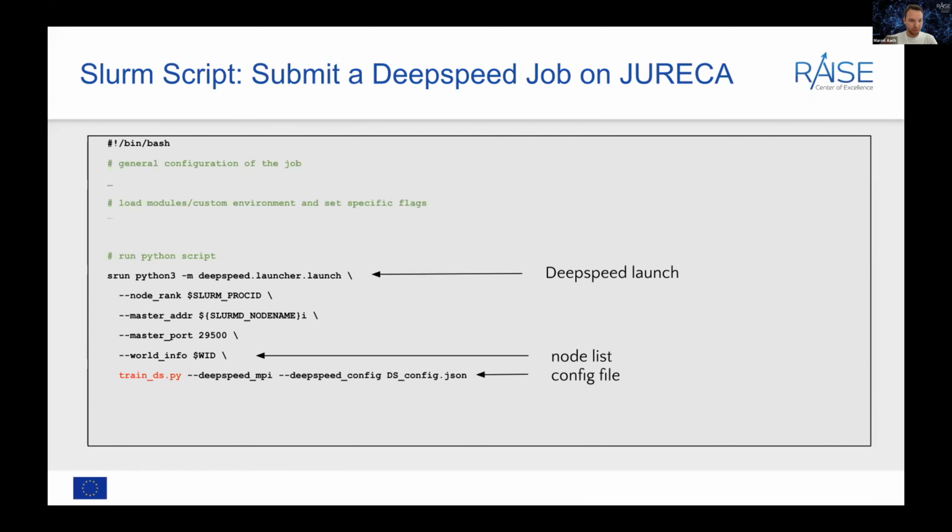And then it also wants a list of nodes, which, how to create this list of nodes, I didn't include here because it's not so interesting. But again, if you're interested in that part, just take a look at the GitLab repository. Then you put in the name of your Python file. You pass the JSON configuration file that contains the information of the optimizer, and then you should be good to go to train your models with DeepSpeed.